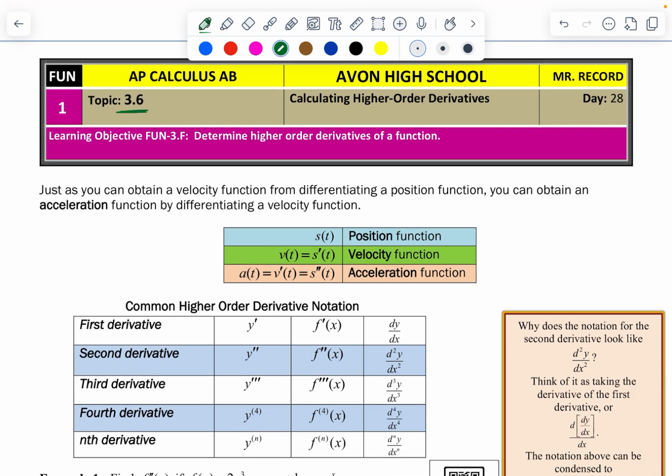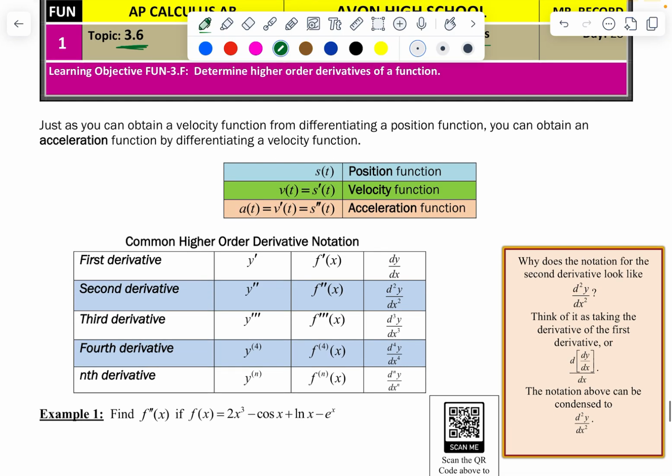All right, the last section, 3.6, is calculating higher order derivatives. For the most part, nothing new is going to be learned here. The only thing that we are going to add is this terminology. When we have an f of x function in a story problem about moving objects or particles or cars, whatever it is, the original function is called the position function because it gives you the position